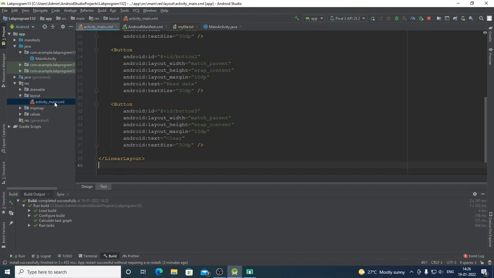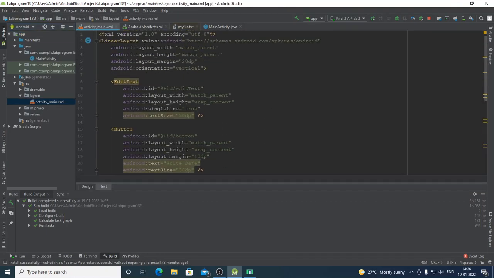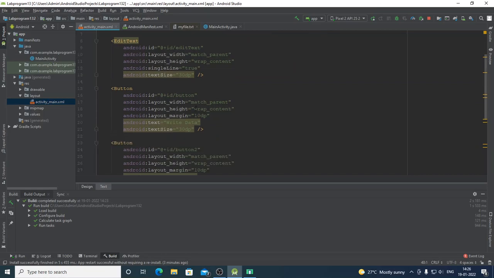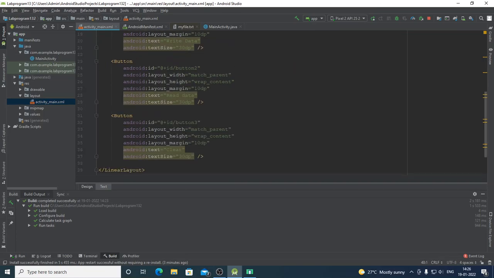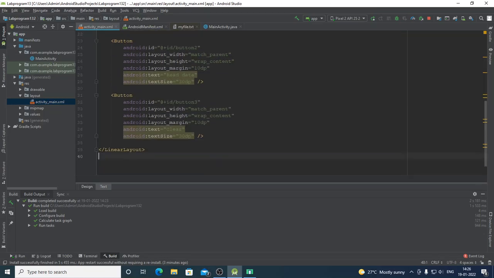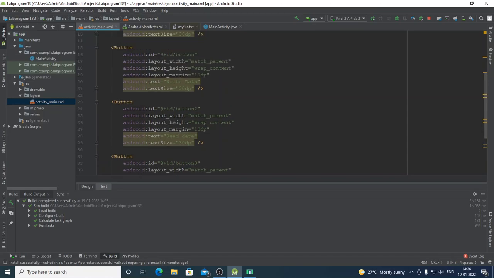See, in the interface we have three things: one edit text for the user to enter the data for writing to the file, and three buttons. Okay, one for writing data, one for reading data, and another one for clearing the contents of the edit text. So you can see this is the content of the activity_main.xml.